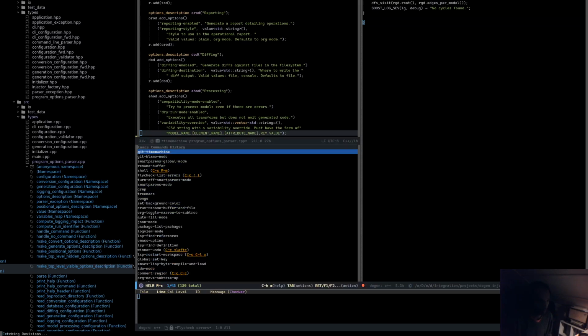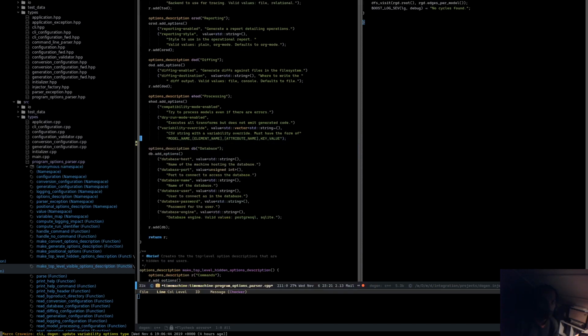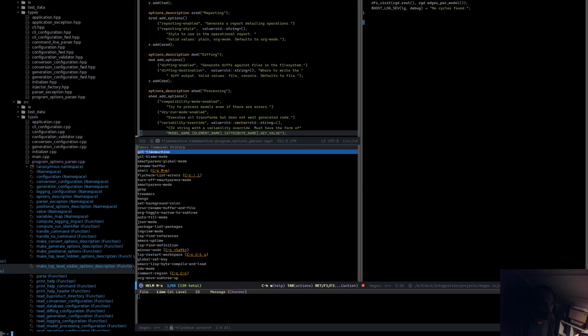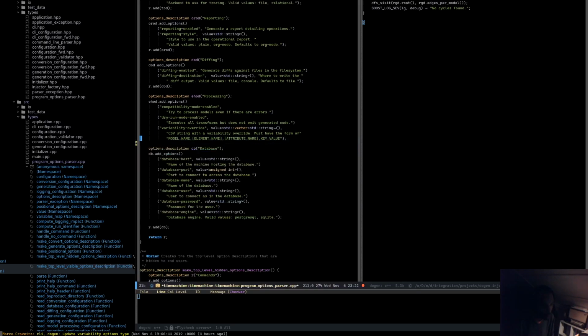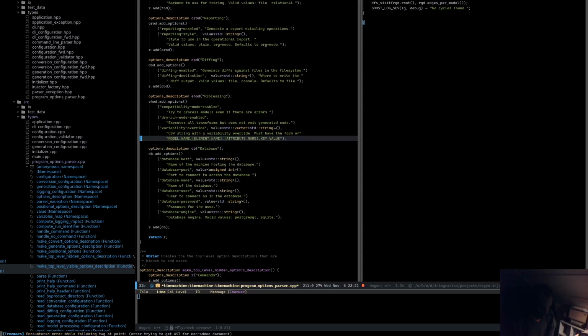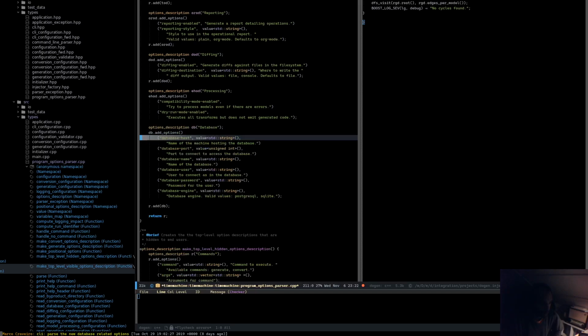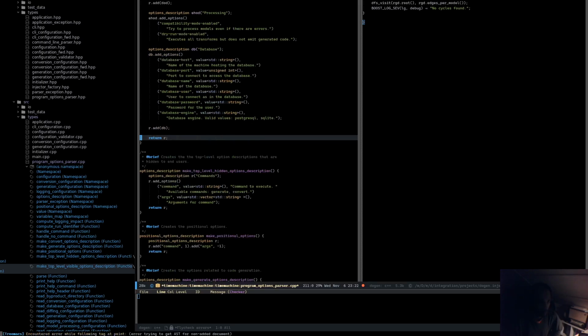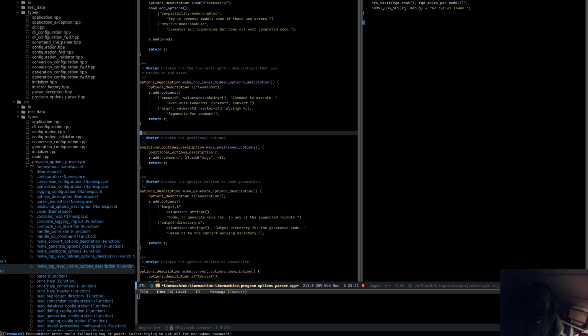Normally git time machine allows us to go up and down. There we go. So I can just do previous and next in git time machine. So if I just say previous, see all the database options,